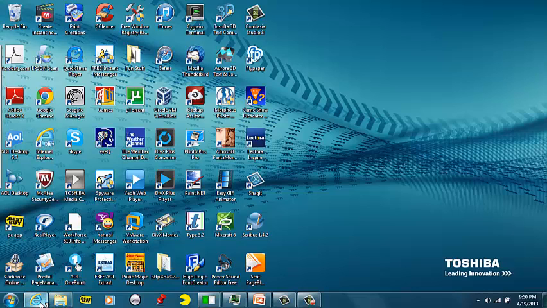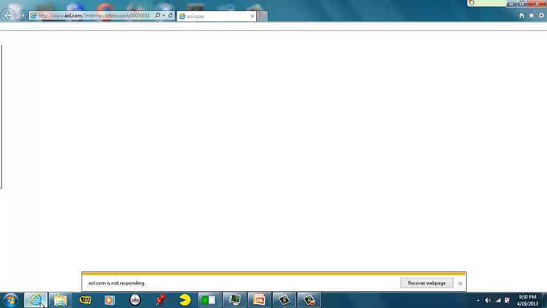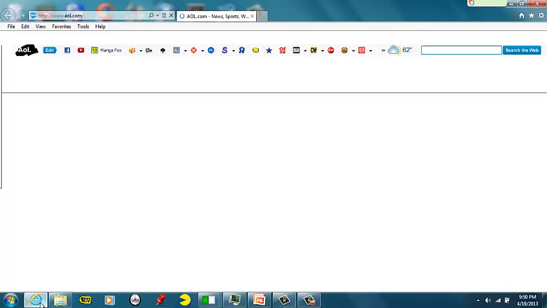Now, the purpose of using a virtual machine is to use other versions of Windows, or even a Mac, all on the same Windows 7 computer. What I'm going to show you right now is how to get